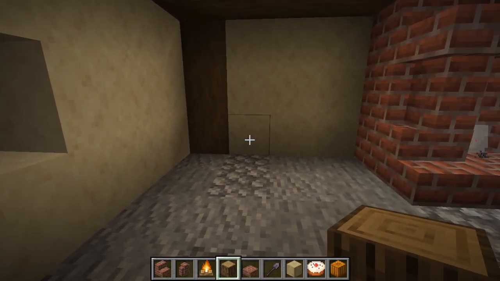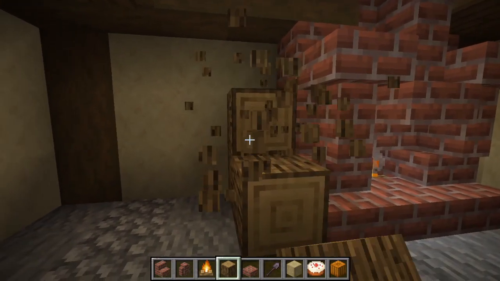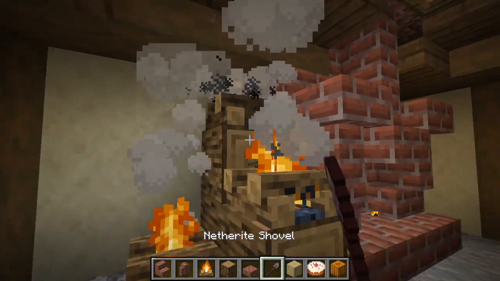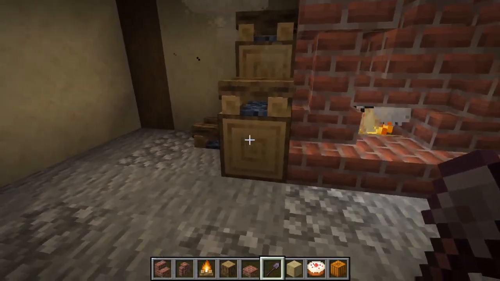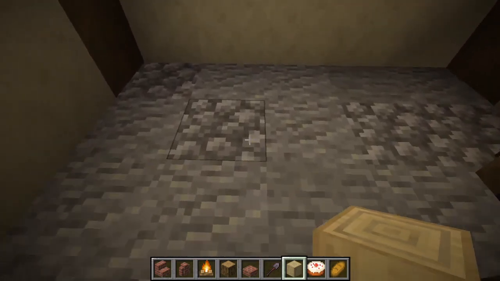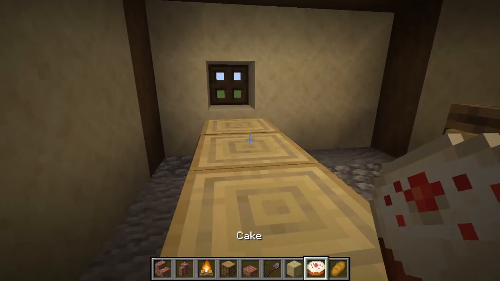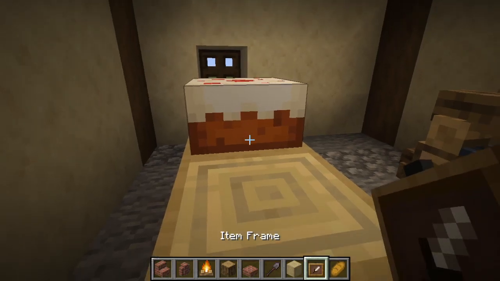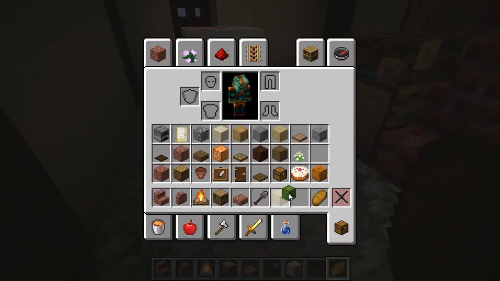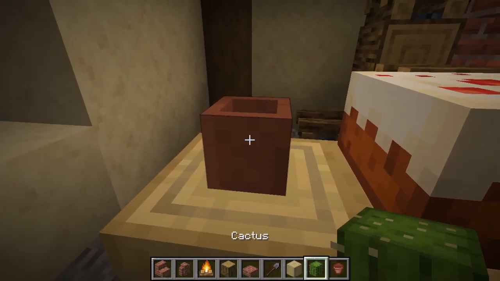Next, you're going to grab some oak logs and you're going to place 2 like this, 1 like that, and then you're going to place 3 campfires like this. And then with a shovel, you are going to extinguish them. Then you're going to grab 3 birch logs and you're going to place them like this, facing towards the top. Then you're going to place a cake, you're going to grab an item frame, you're going to place it down with bread, and then you're going to grab a flower pot and you're going to place it with a cactus